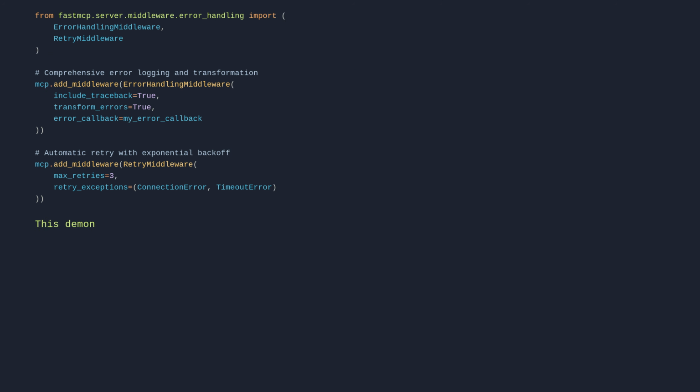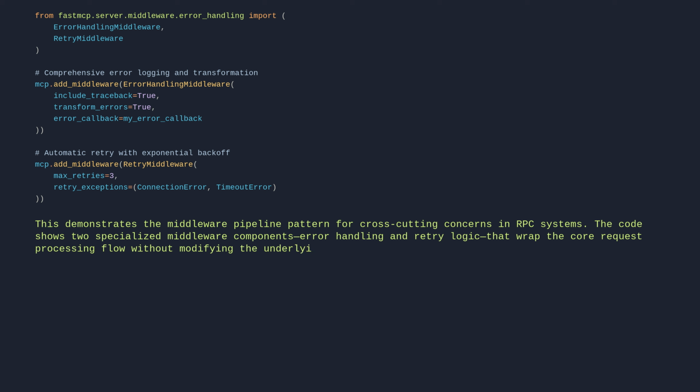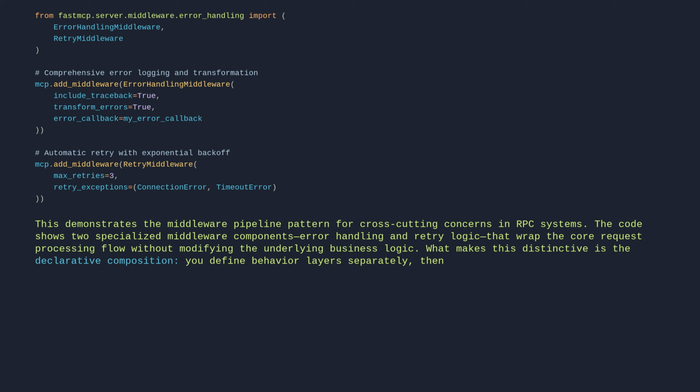This demonstrates the middleware pipeline pattern for cross-cutting concerns in RPC systems. The code shows two specialized middleware components, error handling and retry logic, that wrap the core request processing flow without modifying the underlying business logic. What makes this distinctive is the declarative composition. You define behavior layers separately, then stack them in the order you need, creating a clean separation between infrastructure concerns